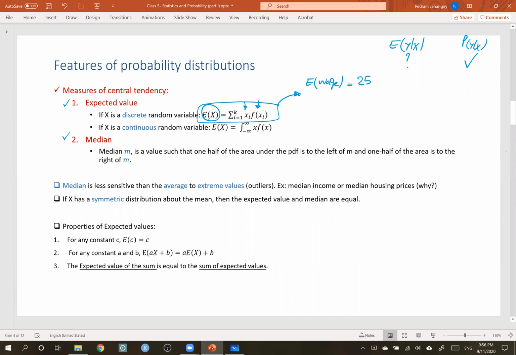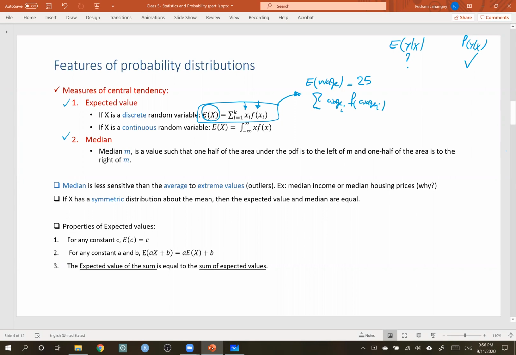So you calculated this one without knowing anything about the formula. But now let's open up this formula and see if we can get exactly to the 25 as well. So expected value of wage is a summation of wage I. Remember, I is a number of observation, is an index for the observation. It goes from 1 to 5. In that example, I have 5 observation. Multiply f of wage I,